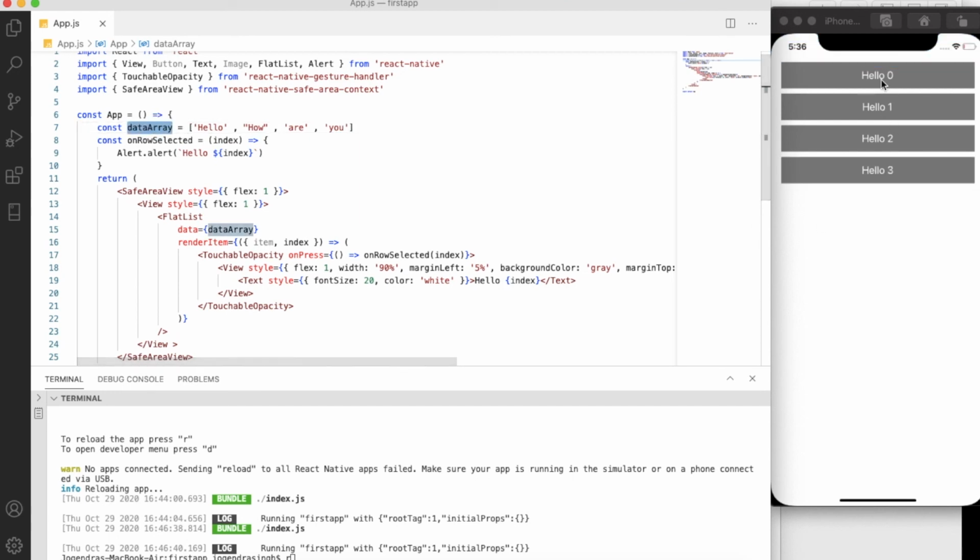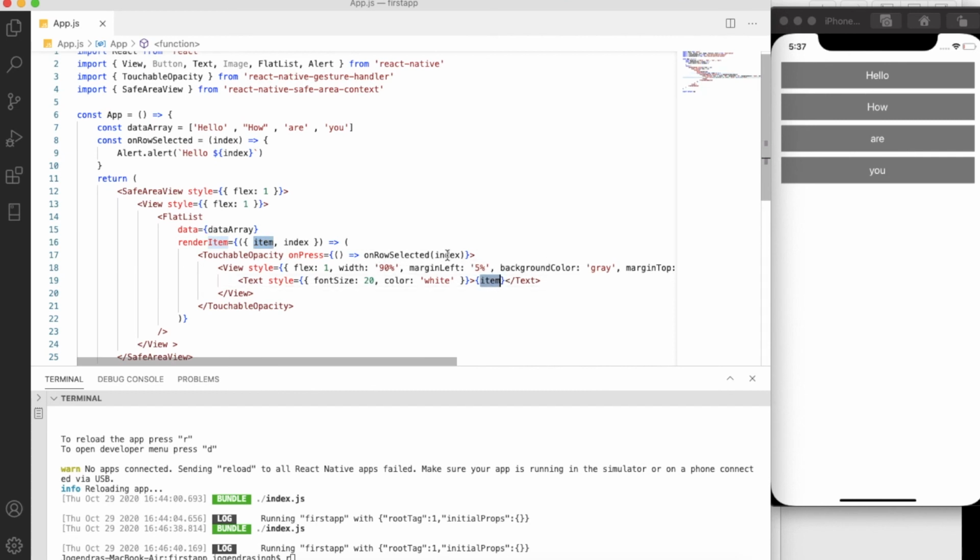Everybody wants to see how I will get this value. We can see here it is showing 4 rows because we have only 4 objects in the array. Now I want to display this, so I just pass item here, and we can see hello how are you is displaying from the array. Using this method we can create an array, pass the array here, and using the item key display it inside the text.